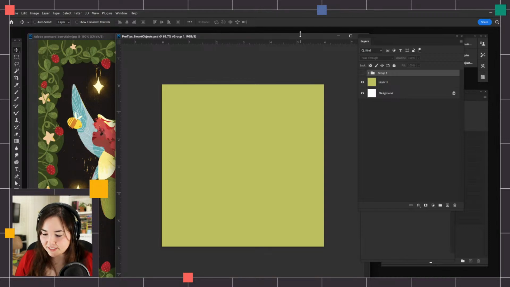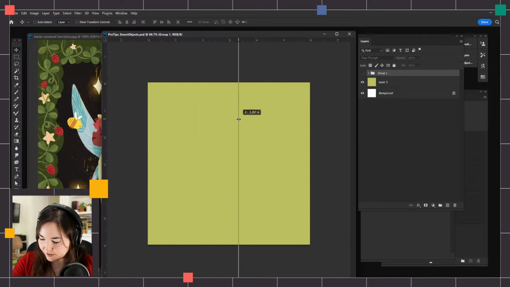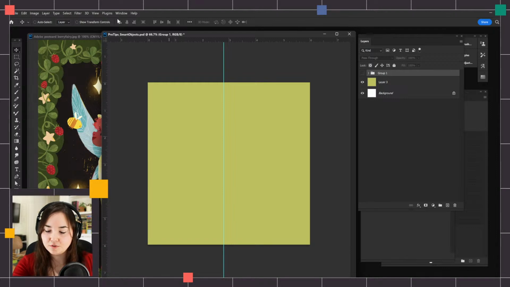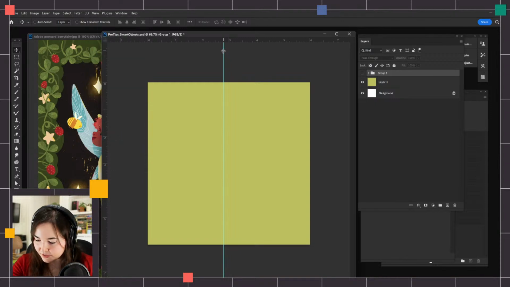I have a 6x6 file here, and I have the ruler tool on, which is these little numbers on each edge. That is Command or Control R to bring those up. Super quick. I can slide them anywhere on here, but if I want them to snap to specific numbers, all I have to do is go View, Snap. Boom. Snap. All right, I want to go to 3 inches because that's halfway between 0 and 6 inches,